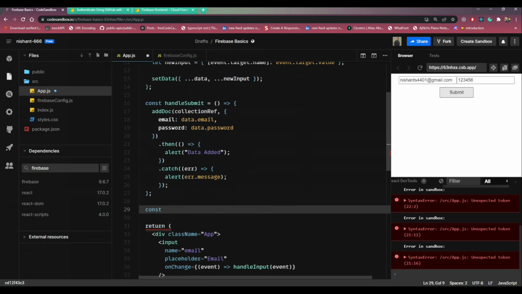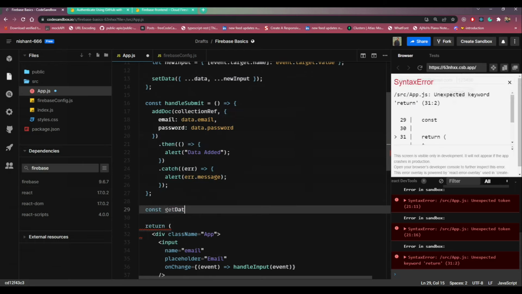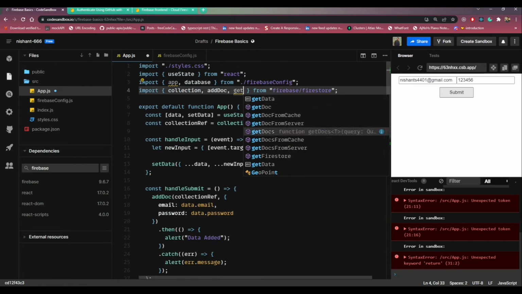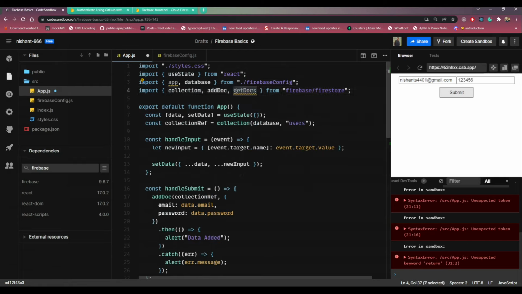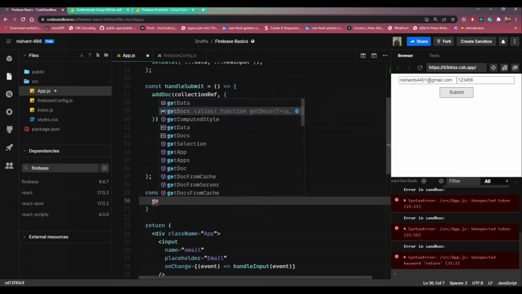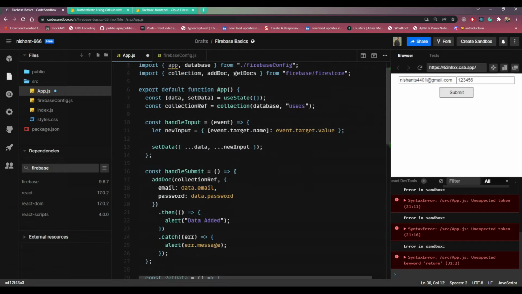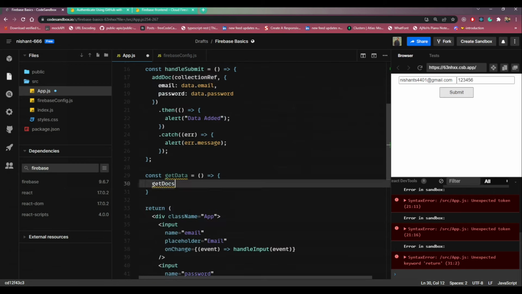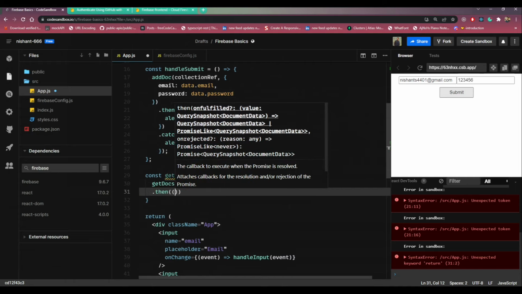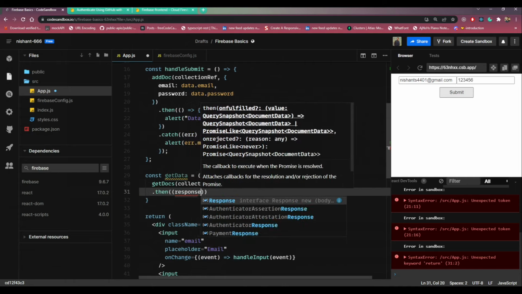So const getData. It will be an arrow function. To get data, we have to use a function called getDocs. This function gets data from Firebase. To get data, we just pass the collection reference here. So collectionRef, we have to pass it here. It returns some data as a response like any API call. So say response,